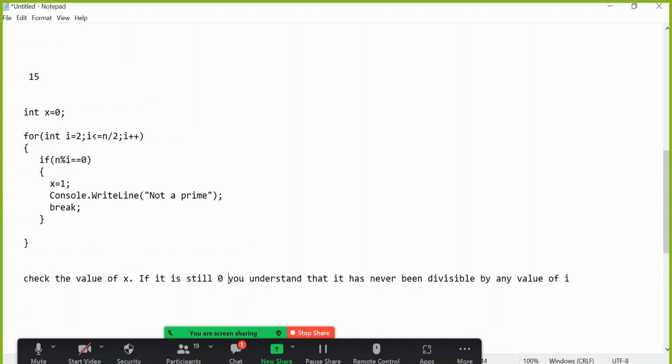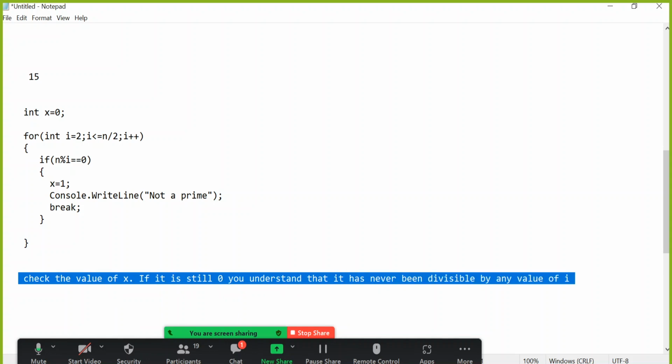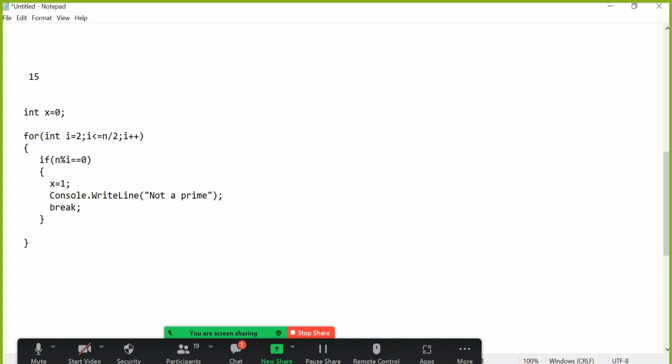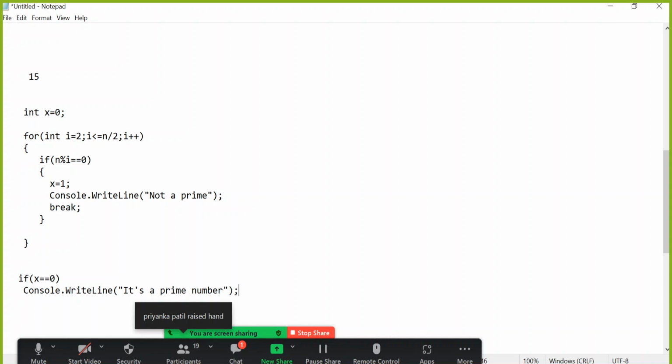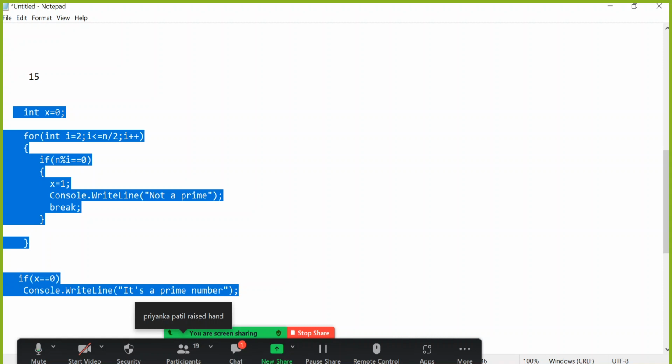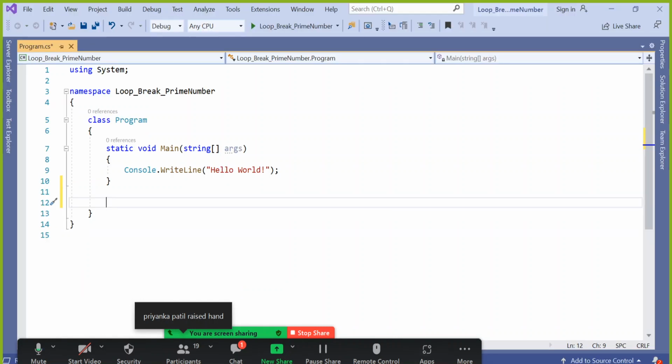So this English sentence, how to give it in programming format? If condition, don't you think? x equal to still 0. Then tell that Console.WriteLine, it's a prime number. Right? Let's copy paste this in our Visual Studio and check what we are thinking, whether it is really working